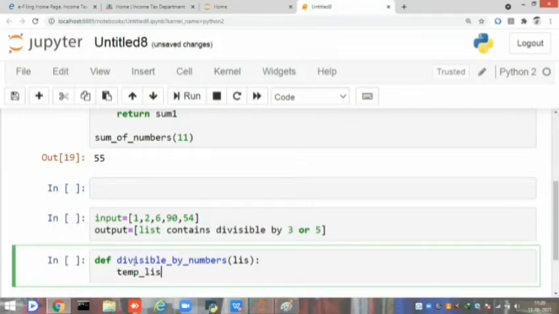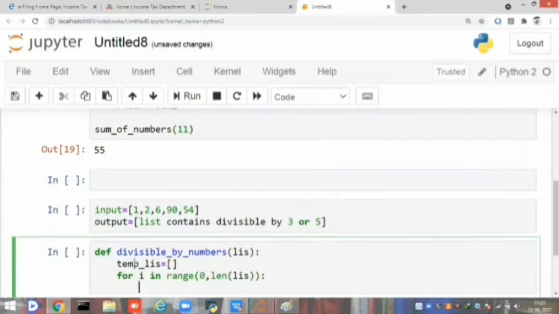Temp list equal to first empty, and I am taking the loop over how many elements are in the list. For i in range of 0 comma length of list, and I am checking if list of i mod 3 equal to 0 or list of i mod 5 equal to 0.